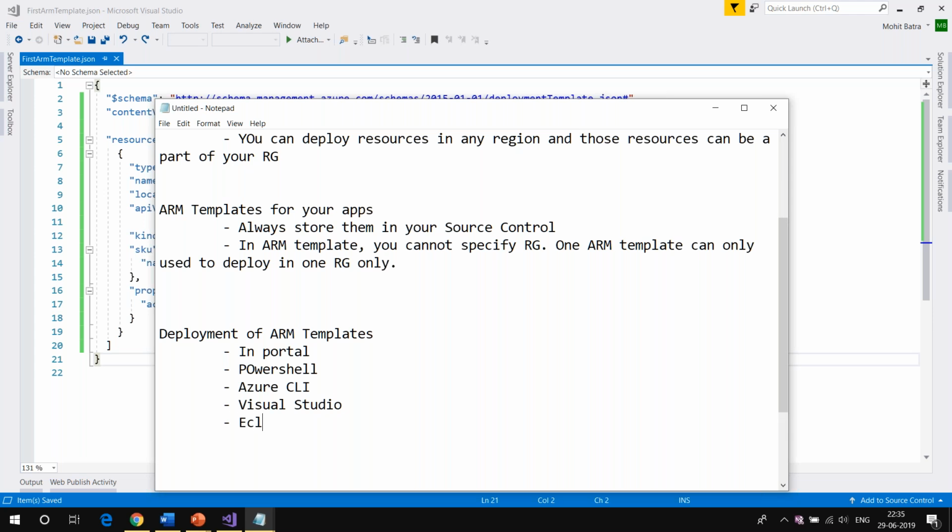I can use Eclipse. Of course, in Visual Studio and Eclipse, you need to have the Azure SDK installed. Or I can use IntelliJ, any kind of IDE. So you're not restricted to a particular IDE. You can do the deployment from a lot of different places. Of course, you need to have the SDK. Whenever you provide this JSON template, the SDK will know how to pass this template to the Azure Resource